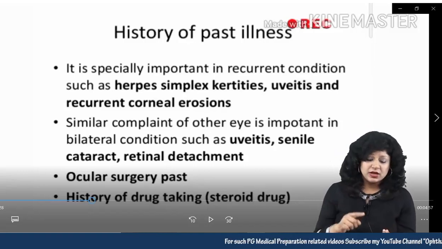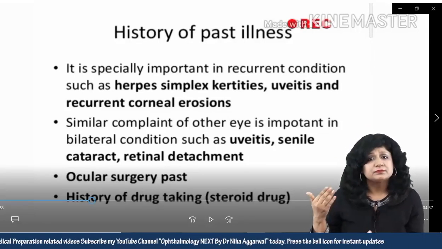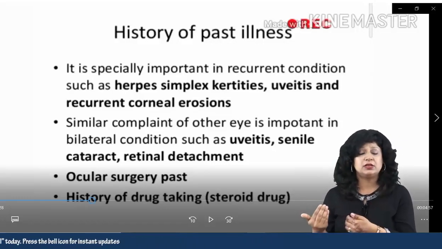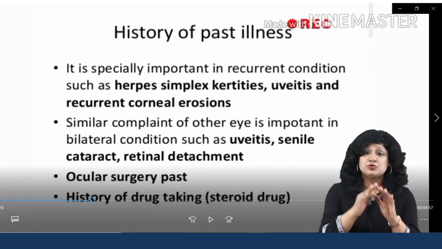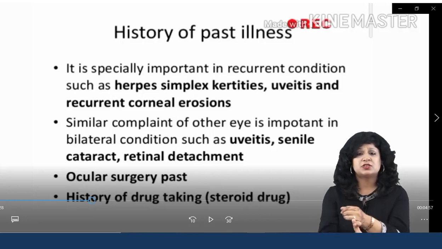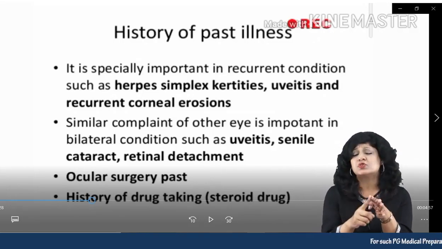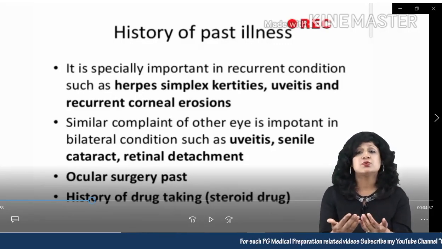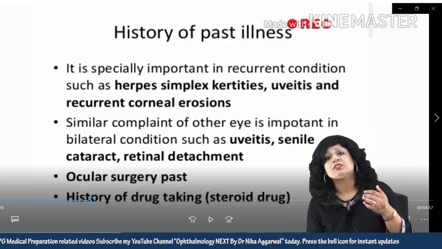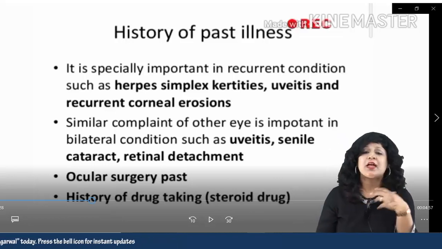Then you have to ask about the drugs. I told you before also that there are so many drug associated diseases that could be there in the eye. So obviously you have to look into it, and you will have to make a provisional diagnosis based on all these things. What is the age of the patient, what is the gender of the patient, what is the background of the patient, what is the occupational hazard if he or she is exposed to, how many eyes are involved, how was the onset, how much was the progression, any associated symptoms, unilateral, bilateral, all these things have to